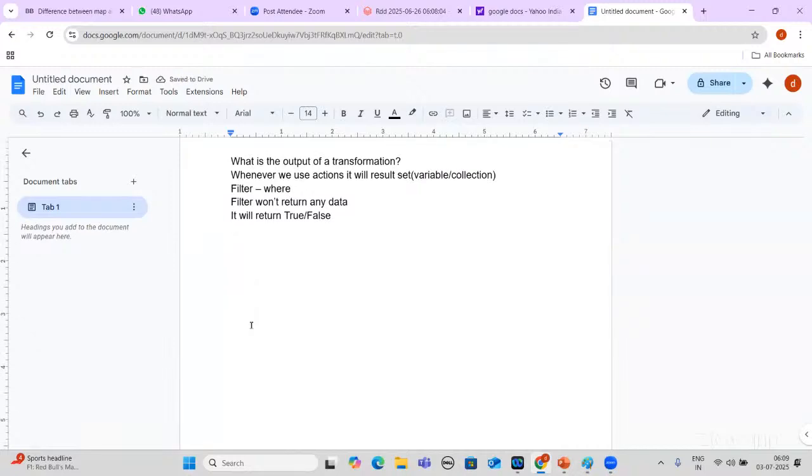Now, till now, what we have seen in yesterday's class are all narrow transformations only, right? What is narrow and what is wide? If the number of stages is one, then it is a narrow transformation. Narrow transformation is nothing but there is no shuffling, no shuffle read. Now let's understand what the wide transformations are.